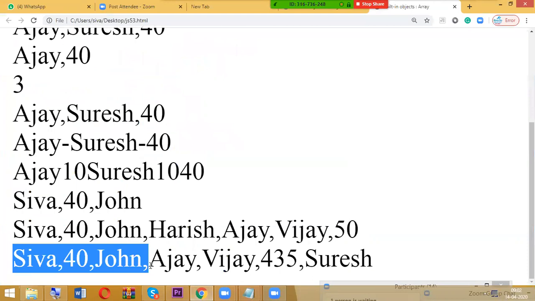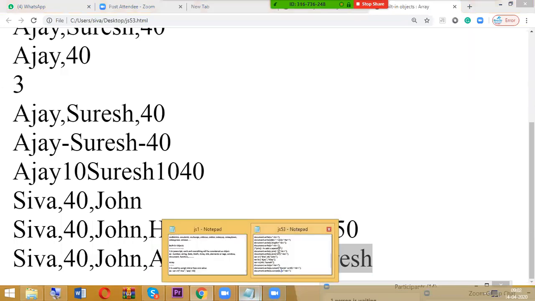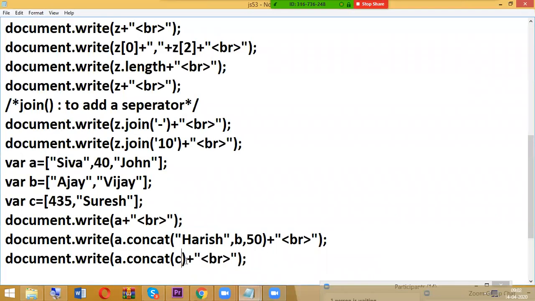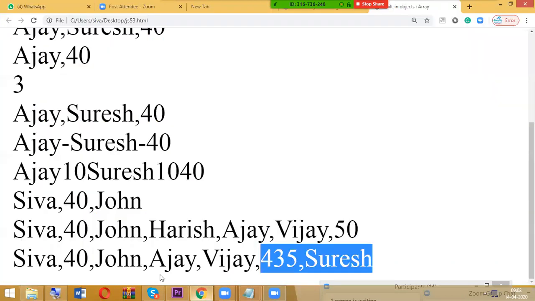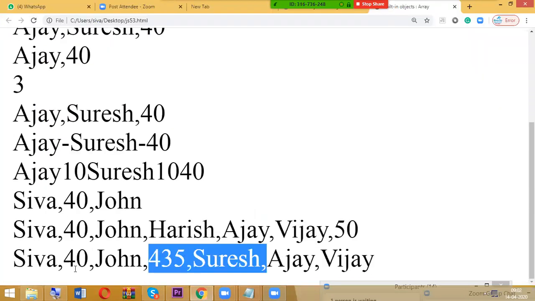If you want to change the order, you can change. Then first is A, Shiva 40 John, C is 435 Suresh, and B is Ajay Vijay. So this is the way we concatenate.